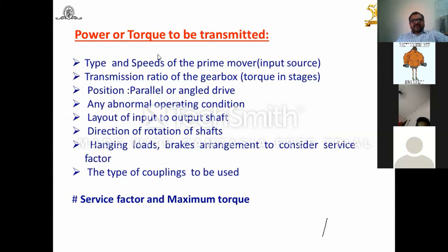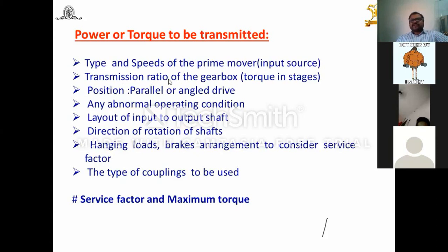Now, I have already explained the torque to be transmitted. Based on this torque, you have to decide which type of input source it is, whether an IC engine, diesel engine, or electric motor. Why is this important for the torque to be transmitted? Accordingly, we can select the correction or load factor, generally stated as the service factor. This service factor is multiplied by the calculated torque, so you will get the rated or maximum torque. That torque we can use to find out the other dimensions of the component.